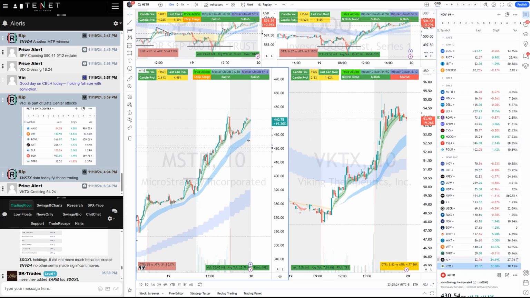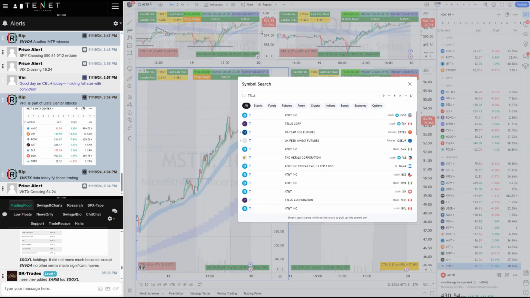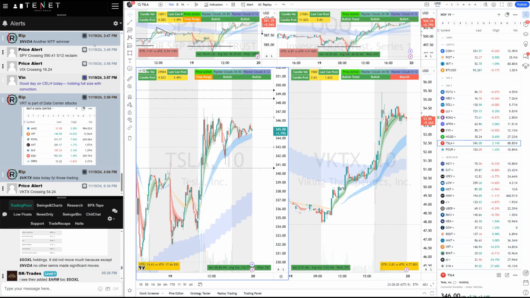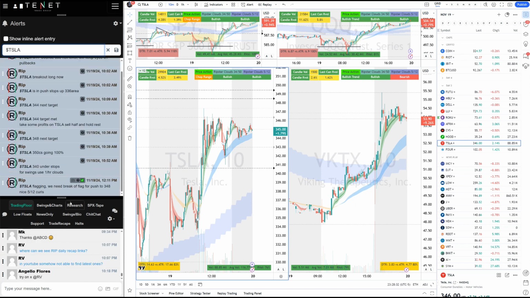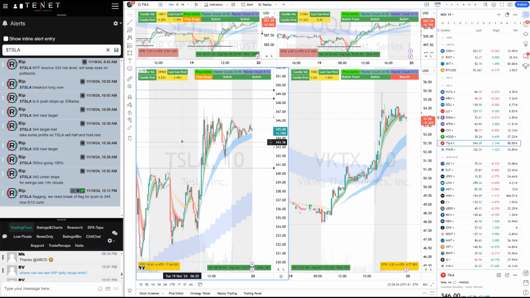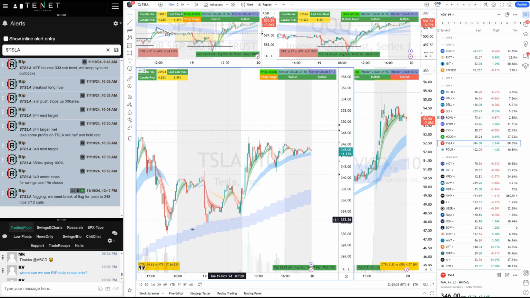Let's go to the next one. All right, next we're going to look at Tesla. So let's see what Tesla was doing. Tesla this morning for us was, look here. It's bouncing from the MTF Cloud once, twice, thrice. So three times it bounces from the MTF Cloud. That tells me that's the risk we can use. But the real long came when we pushed over this 3450 cloud.